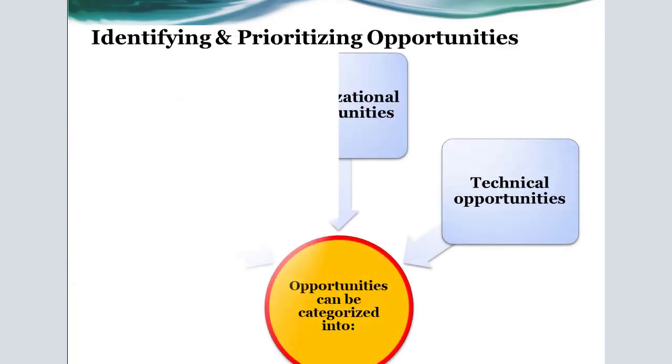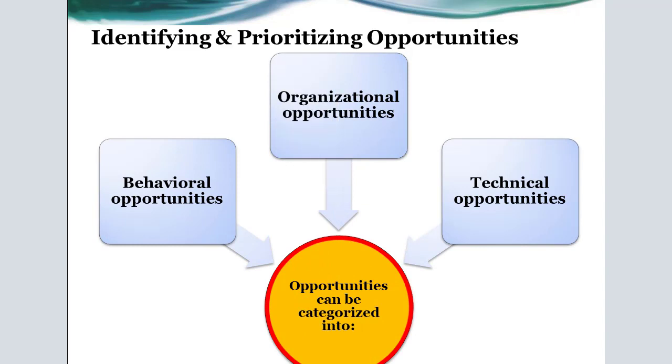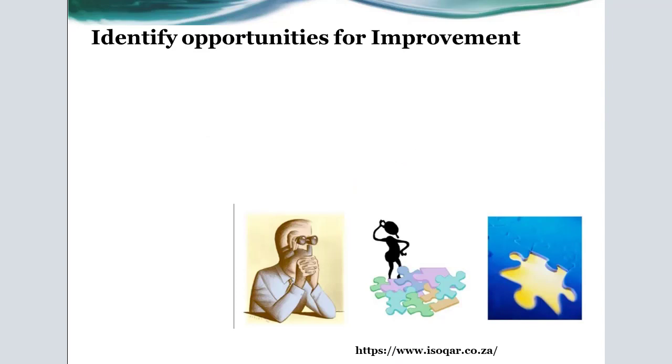Okay, in order to identify the priorities of opportunities, as we know, the opportunities can be classified into three categories. The first represents the behavioral opportunities, the second represents the organizational opportunities, and the third category represents technical opportunities. Okay, in order to identify the opportunities for improvement,